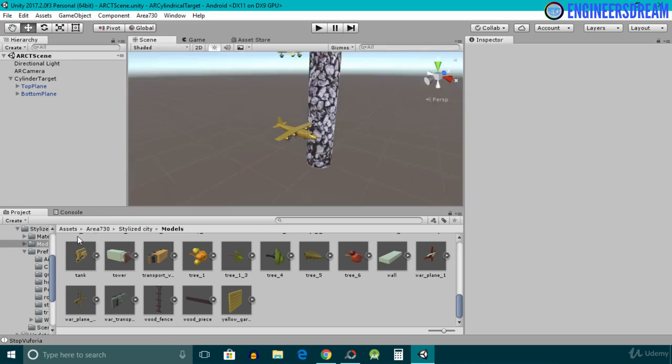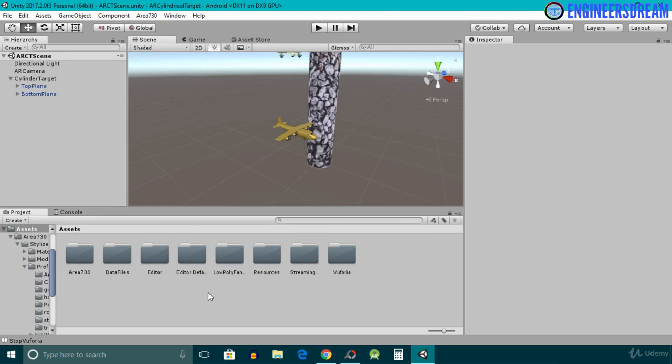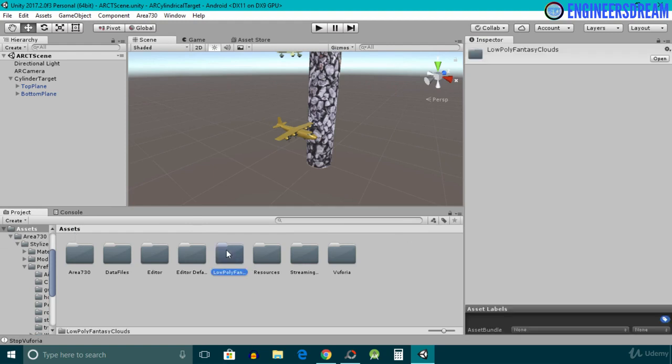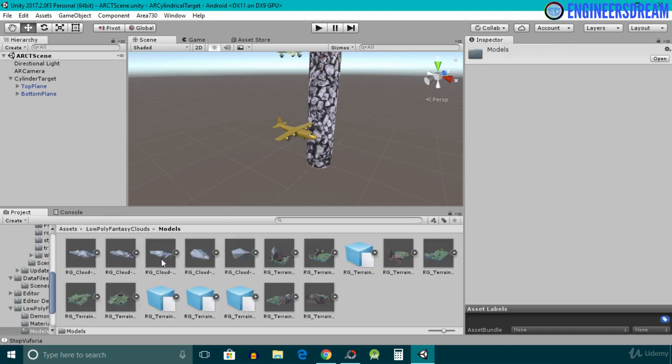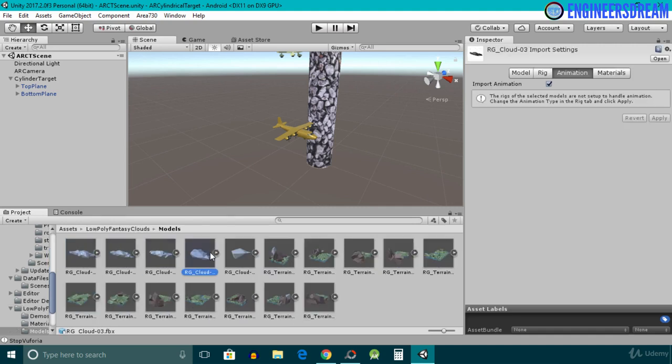So the awesome low poly fantasy cloud asset is imported. So I'll go inside the scene panel. And now as you can see, we have a new folder by the name of low poly fantasy cloud. So I'll open it. I'll then open the models folder, and inside the models folder, as you can see, we have 5 cloud models, and on top of that we also have some terrain assets. And if you look very carefully, then there are a total of 12 terrains inside this asset. So we will basically use one of the terrains inside the project. But before adding the terrains, let's add the cloud prefab.